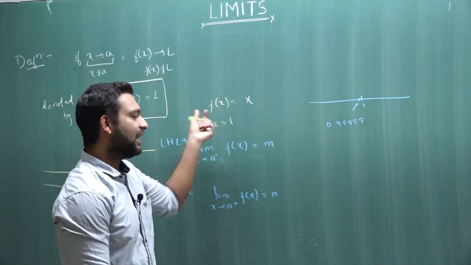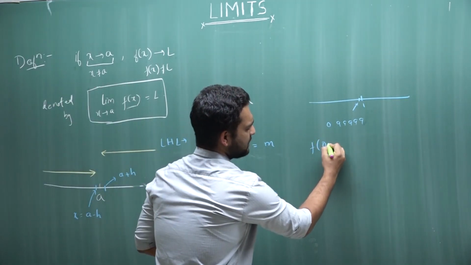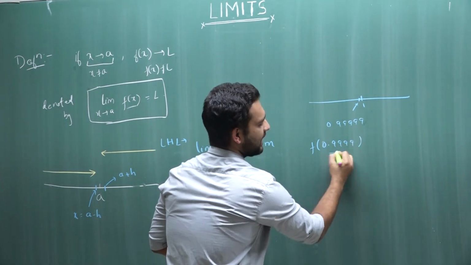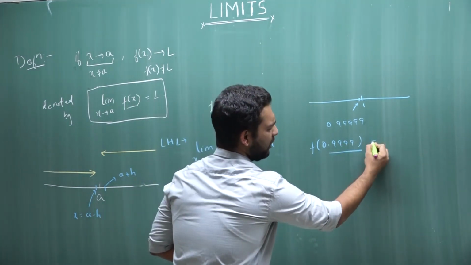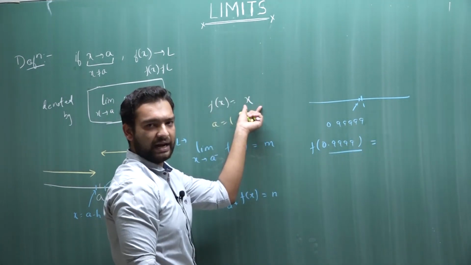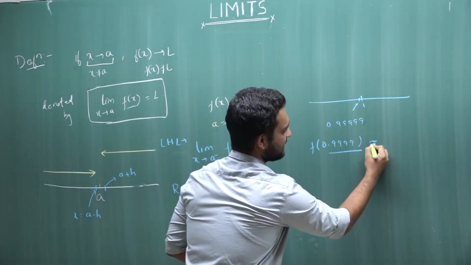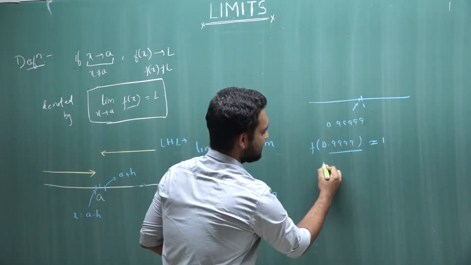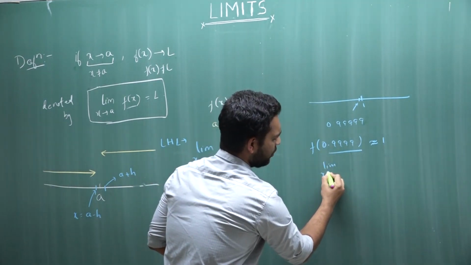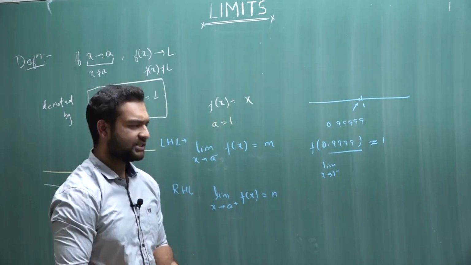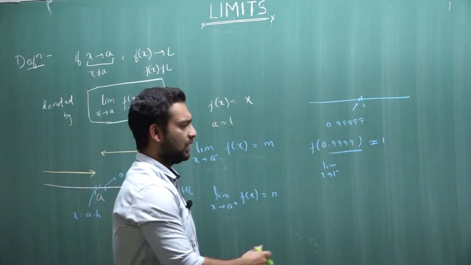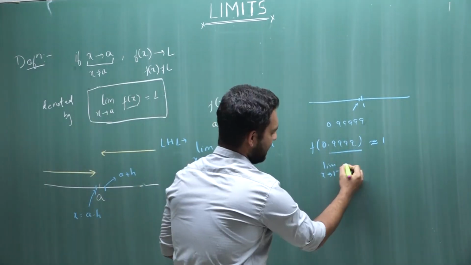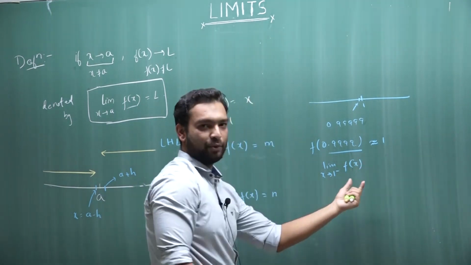So if I write f of 0.999999, that would mean it will be exactly 0.9999, or I can also write it as approximately equal to 1, right? So this thing I can write as limit x tending to 1 from the left hand side, because this value is very close to 1 from the left hand side, and the value that f of x is approaching at this is